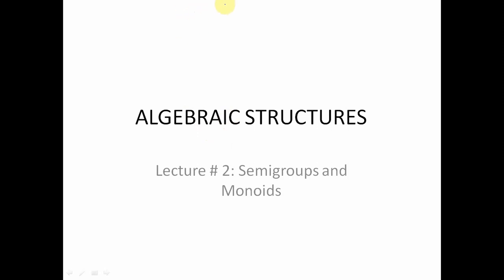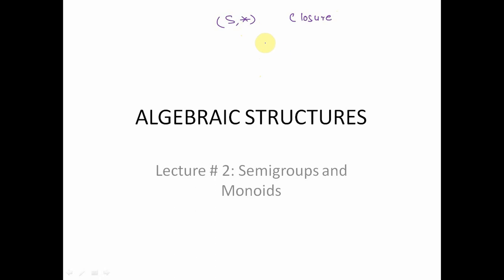An algebraic structure is a combination of a non-empty set S and a binary operation star defined on the non-empty set S. Binary operation essentially means that this operation takes two operands. Examples of binary operations are addition, subtraction, multiplication and division. One property that must be satisfied by this binary operation star to be part of an algebraic structure is the closure property.